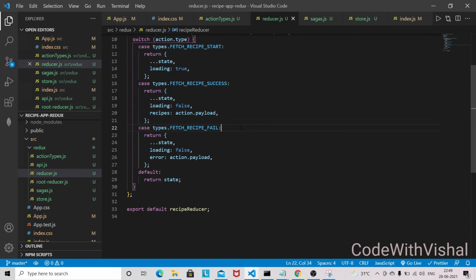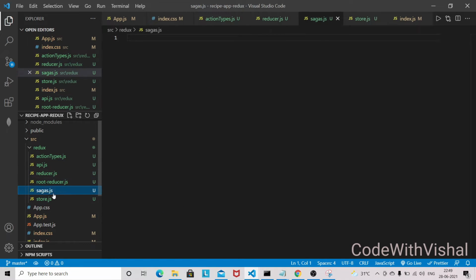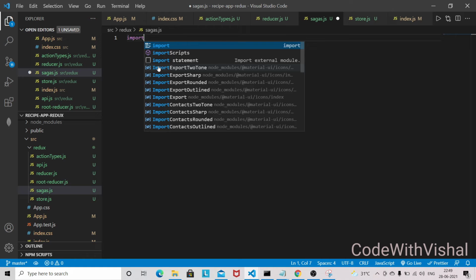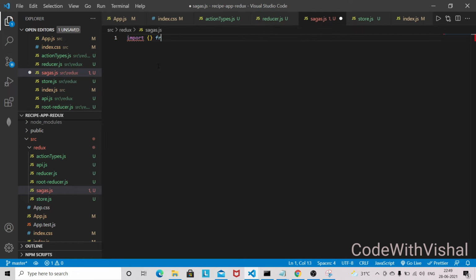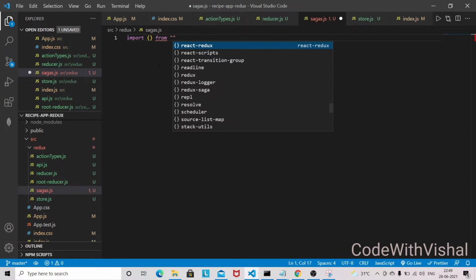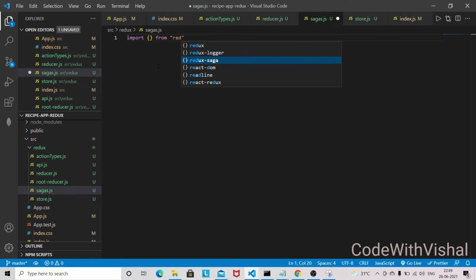So first let's write the logic to fetch the recipe from our third party API. So in Saga we need to import from Redux Saga effects.